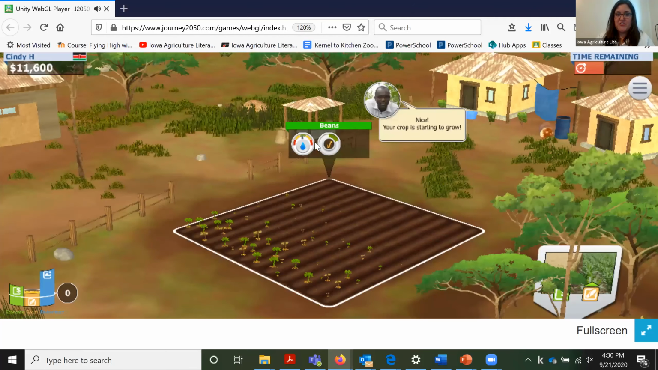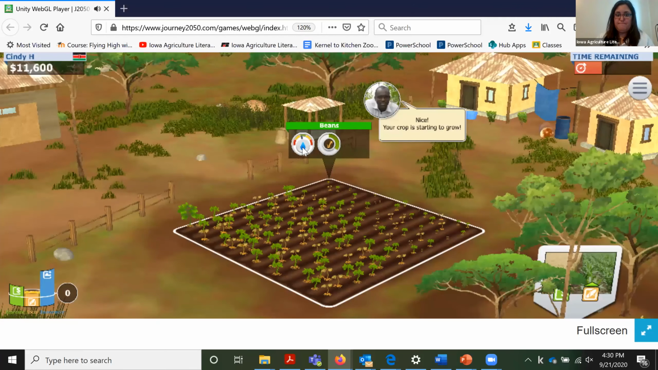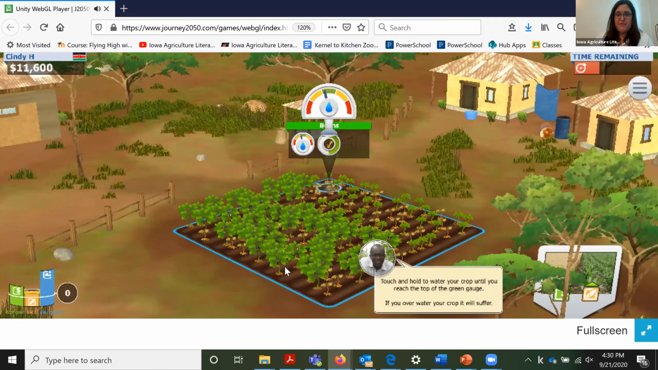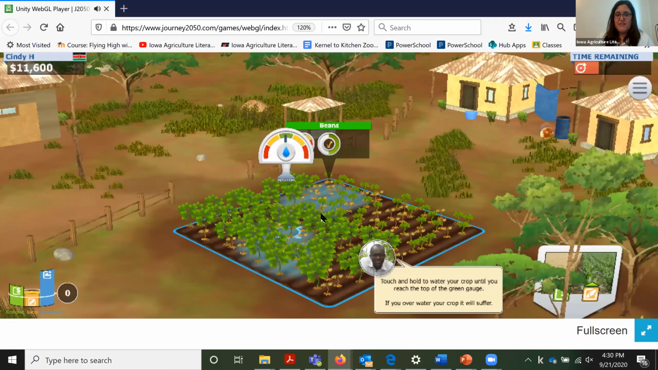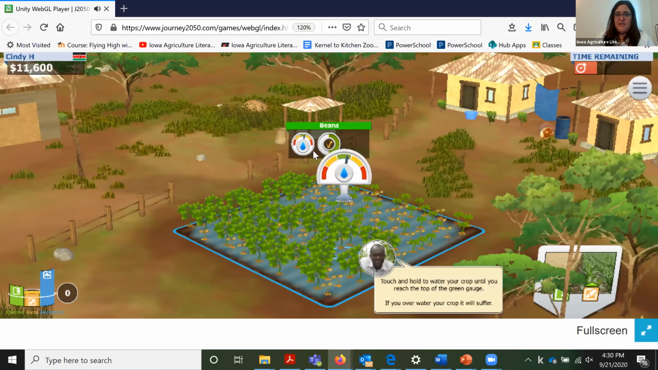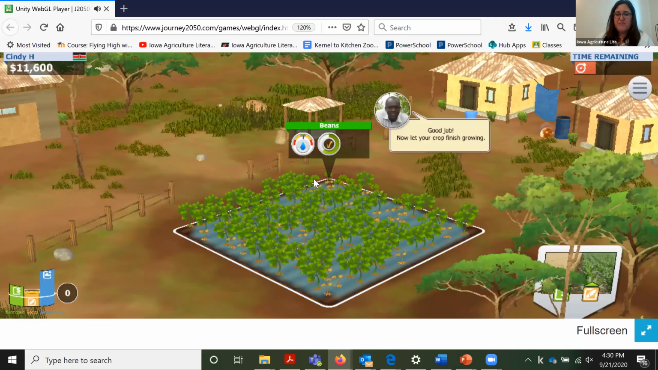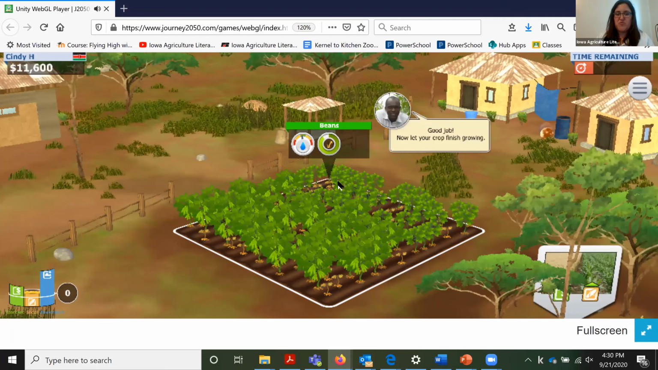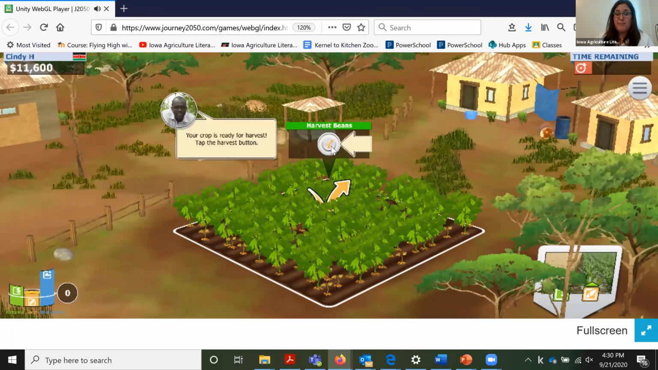Now my crop is starting to grow, and I'm going to need to water it. And so now the water meter pops up, and you can water it. The features in level 1 are pretty simplistic. As they learn about nutrient management and water management in level 2 and 3, we're going to have a lot more options and